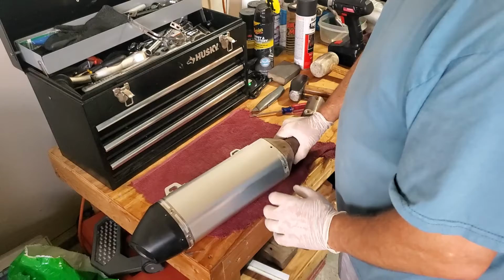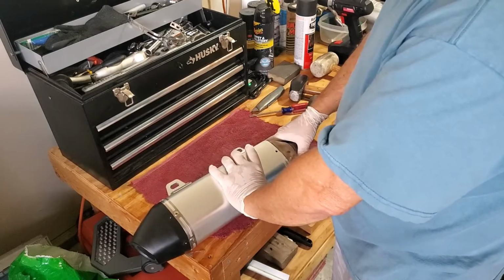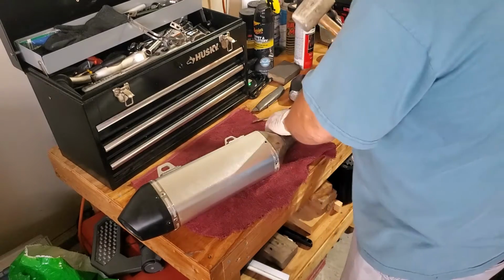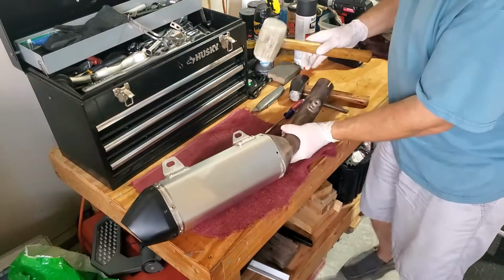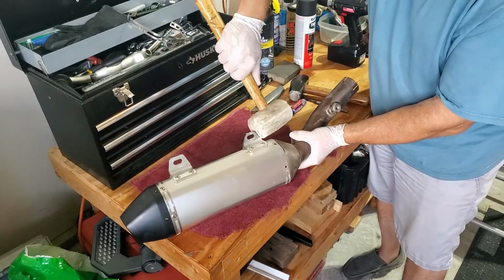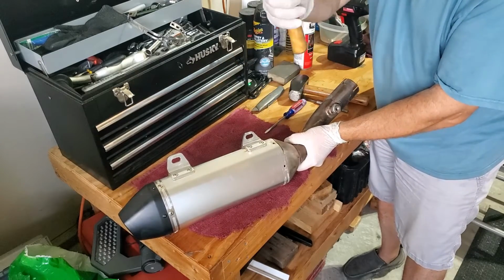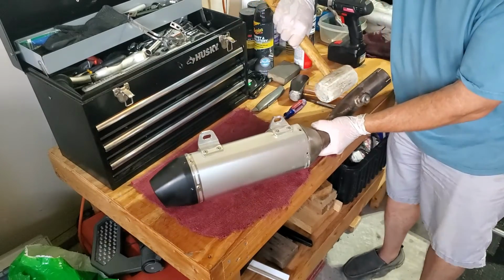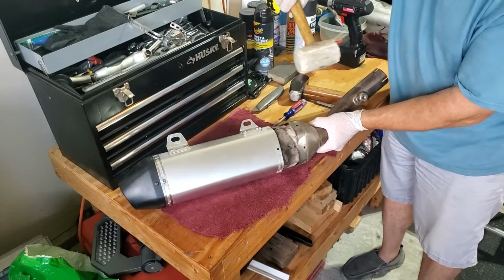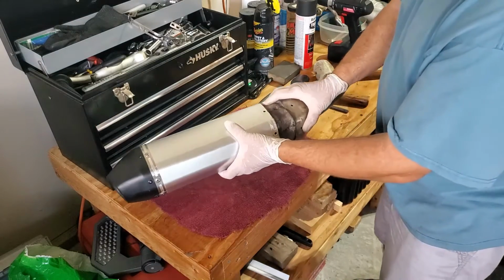So at that point, you can either put it in a vise or do your best to hold it. I don't have a vise on my table right now. So I'm going to hold it on the header pipe side, and I'm going to hit the mounting brackets with a rubber mallet and just separate the core from the outside. And it should come pretty easy. And as you can see already,